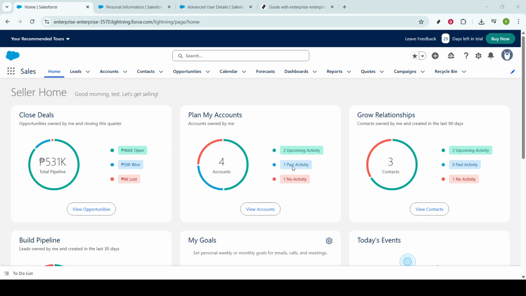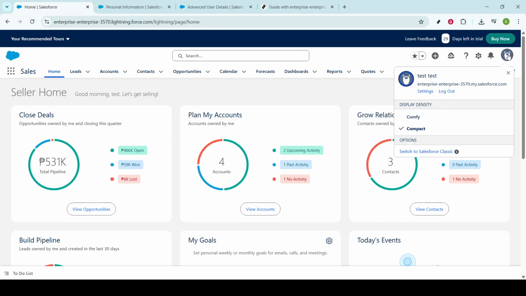To kick things off, first, make sure you're logged into your Salesforce account. Once you're in, located in the top right corner of your Salesforce dashboard, you'll find your profile icon. This icon serves as the gateway to all your personal settings and configurations. Go ahead and click on it to unveil a drop-down menu filled with various options. From this menu, you'll need to click on the Settings tab. This step is crucial as it takes you into the heart of your account's preferences where you can make important